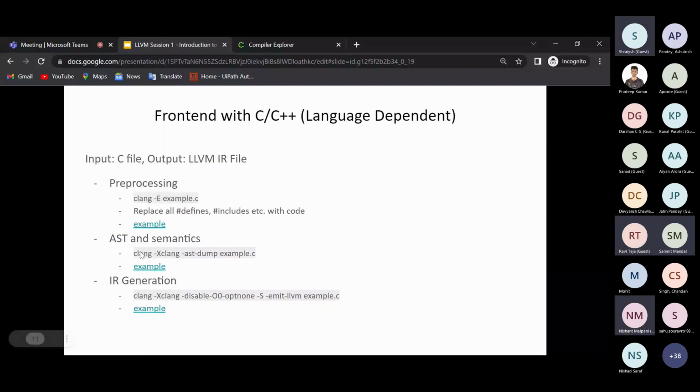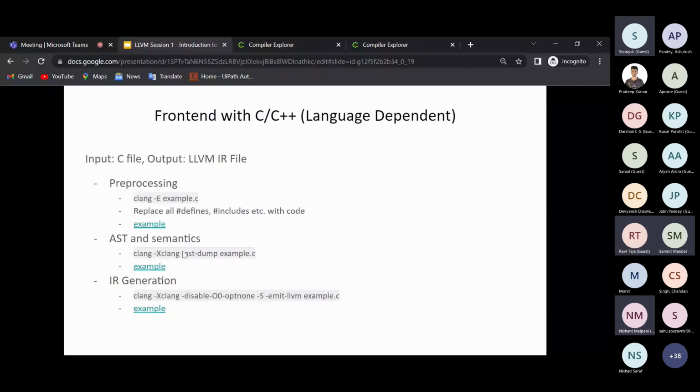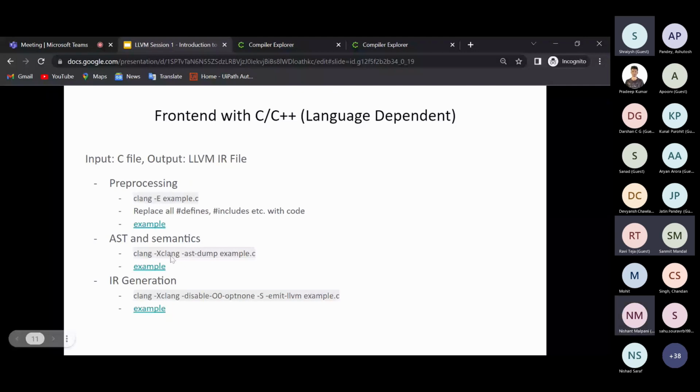An example is here. Because the code is very huge when you include something, for this I have chosen not to include anything and have a simple function. You can dump the AST with the option -ast-dump. Okay, I'll explain a little over here. Clang is the C compiler for LLVM, basically the C front end in the previous slide. This part is Clang. The -E option is for the preprocessor. The -Xclang option means that we are doing something with the front end. And ast-dump, as is evident, is dumping the AST.